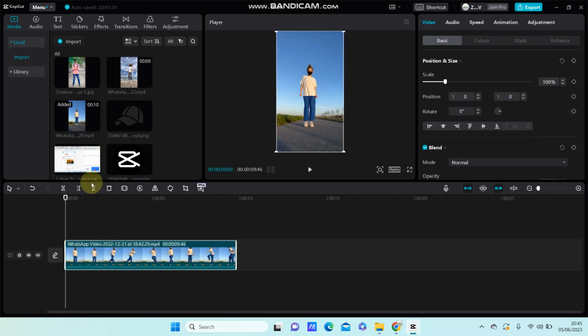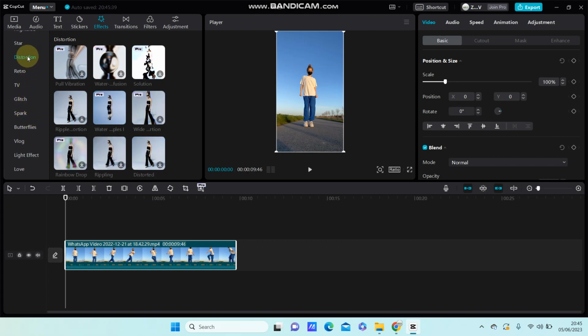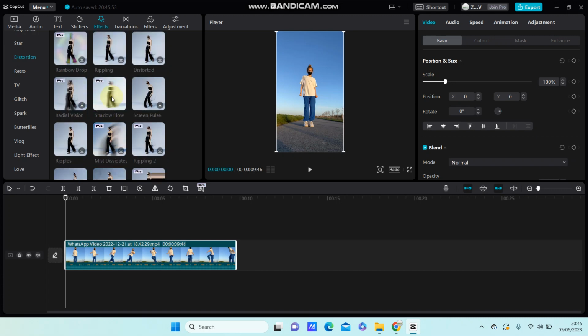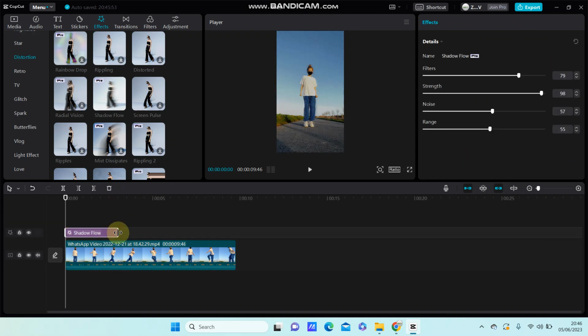To make the motion blur effect, you can select effect and select video effect, and then select the distortion. So you can find the shadow flow, but this is for effect. You have to join Pro to be able to use this effect. So download this effect and add it to the track, and you can adjust the duration to be the same as your video,